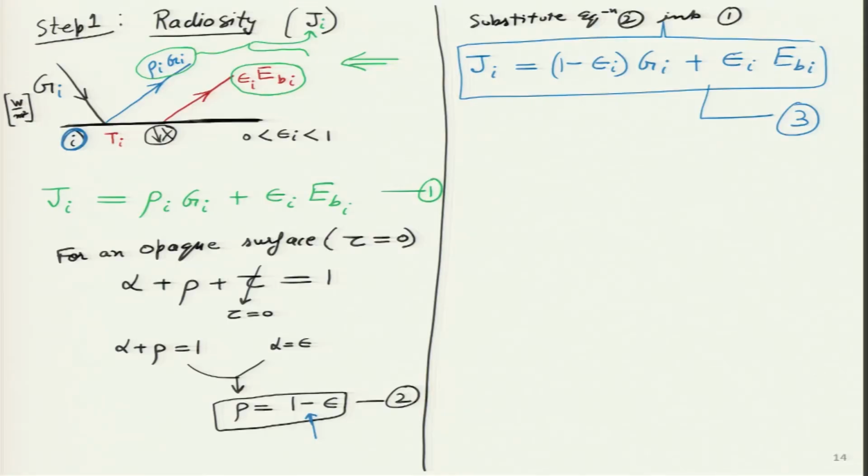Students had seen the definition of this term in the earlier lecture, but now we have written everything in terms of emissivity, and it will become very clear very soon why we want to write all the things in terms of emissivity. So this was the first step that we have completed. Now, let us introduce that interesting concept in step 2. In the second step, we are going to introduce the concept of surface resistance.